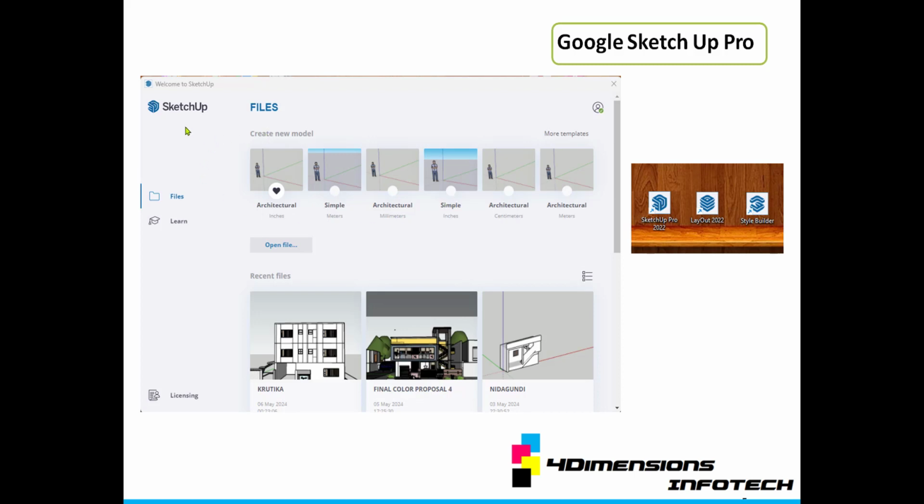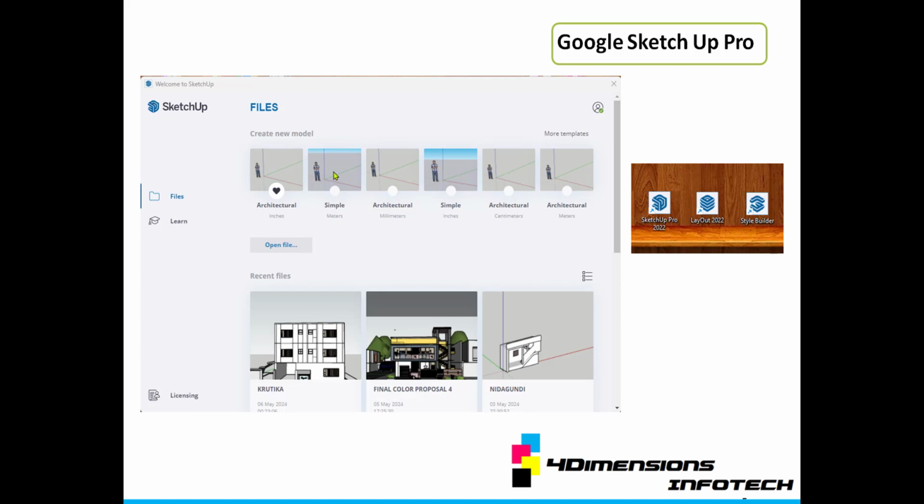This is developed by the company Trimble, and here we have the file option and then template. Before starting the work, you have to select the particular template in which you want to work, that is meter, millimeter, centimeter and other options. Below that you get the recent files you have created recently. In order to continue, you can click on one of them, or else select a particular template to start new work.